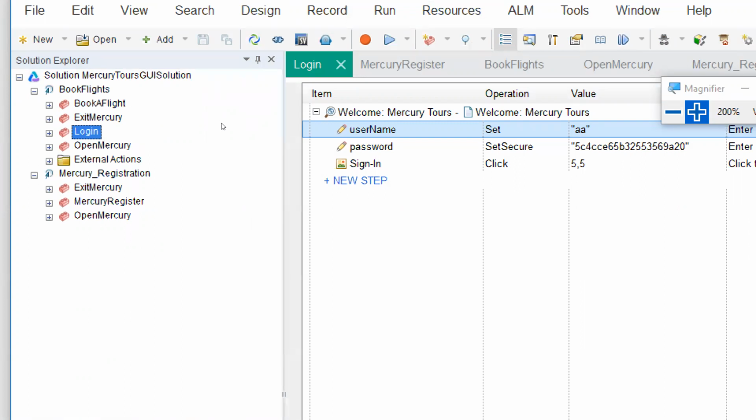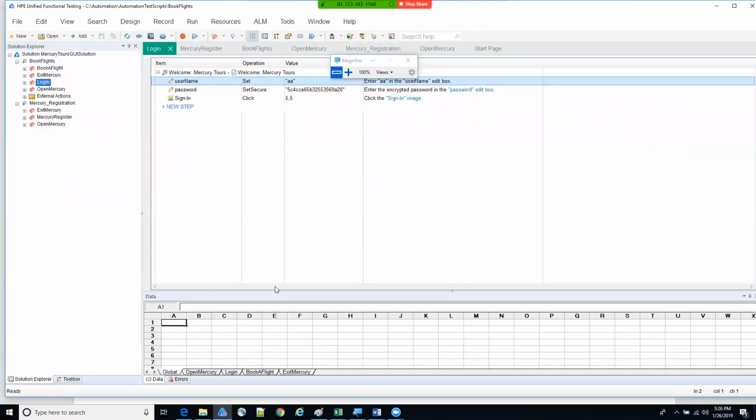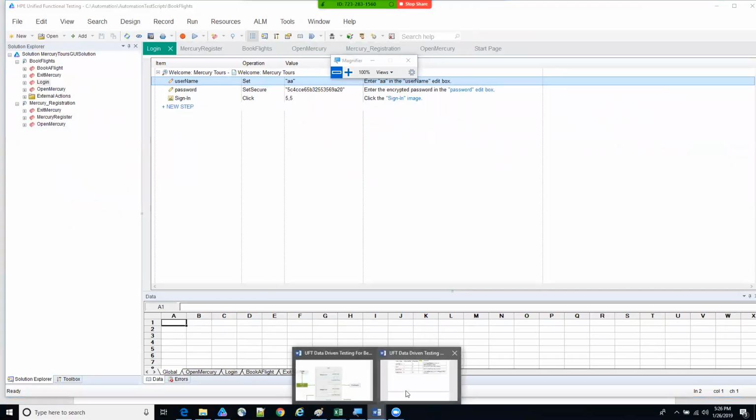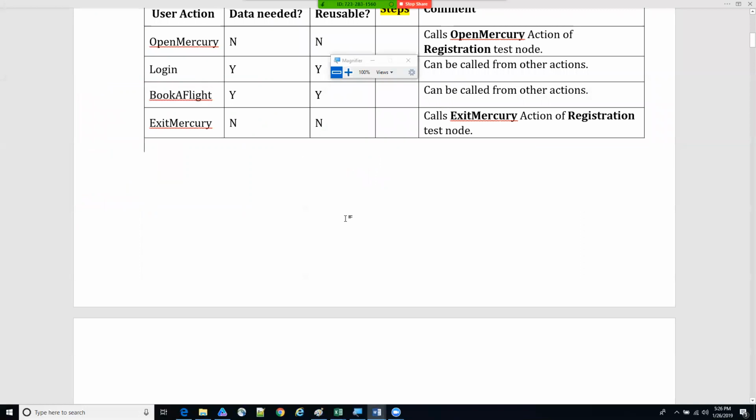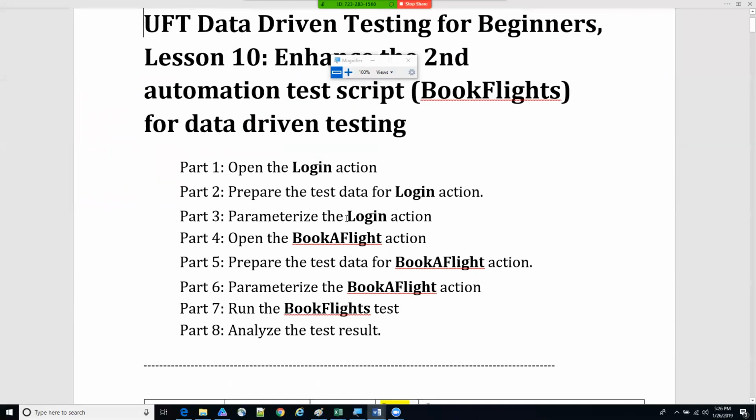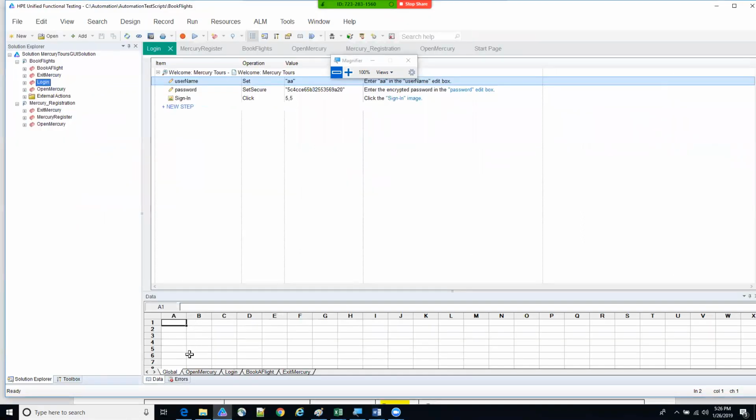So now, what do we do next? Okay, let me not go fast. Let me go back to this document and see what I'm supposed to do next. So I opened that action, the login action. Now, let me prepare the test data for the login action. So, to prepare the test data for the login action, what we can do is,